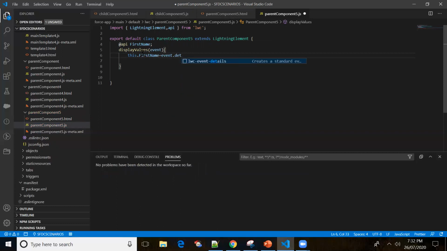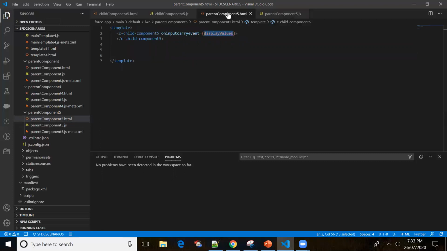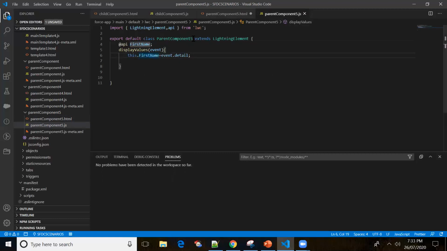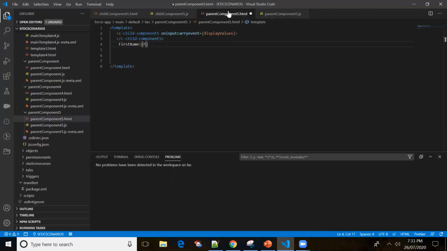Now I'll display the user input in the parent component, so let me display first name, and check the variable first name. Let me push this code to the source org.